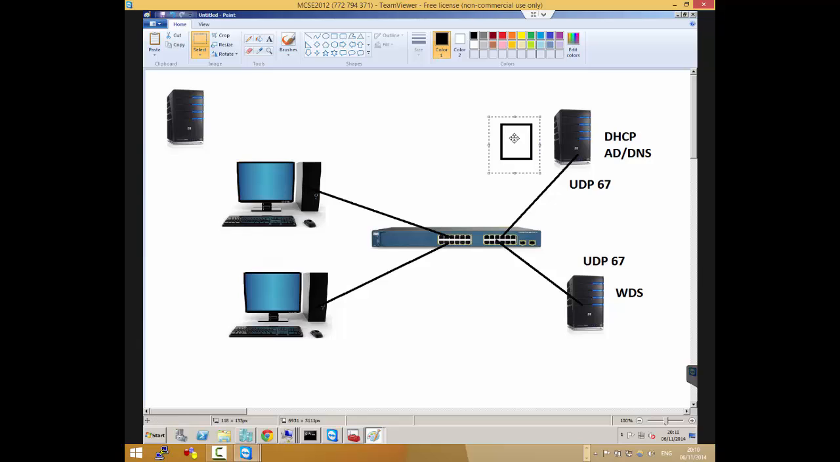Okay, so it's actually listening on UDP 67. That's why, if you install both on the same server, you have to block this one and say, don't listen on port 67, because it's going to listen on port 67. So you have to say, hey, don't listen, there's a DHCP server installed on you. Because what will happen is...